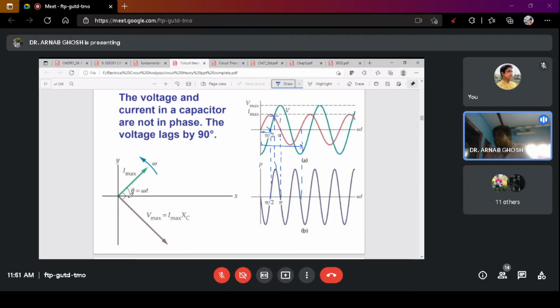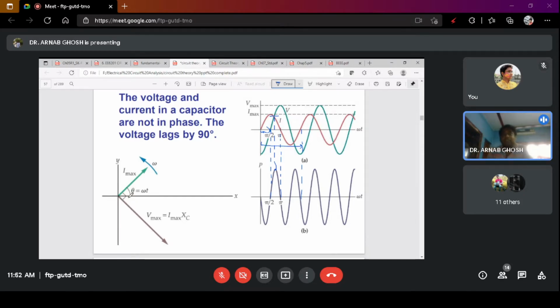What is the phase angle between the voltage and the current? 90. So what is the power factor then? It is 90 degree. So if you are writing VI cos theta, that is VI cos of 90. So cos 90 is equal to 0. So what will be the power output? P net will be 0. Yes. So the power output for a purely capacitive circuit or a purely inductive circuit will always be equal to 0.